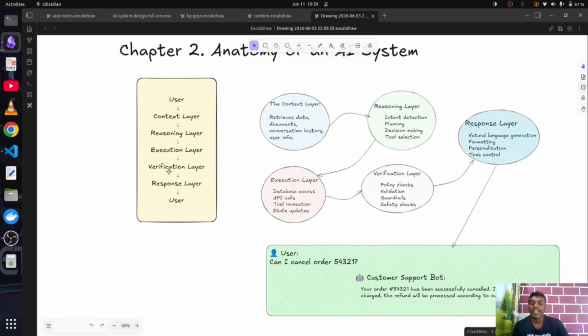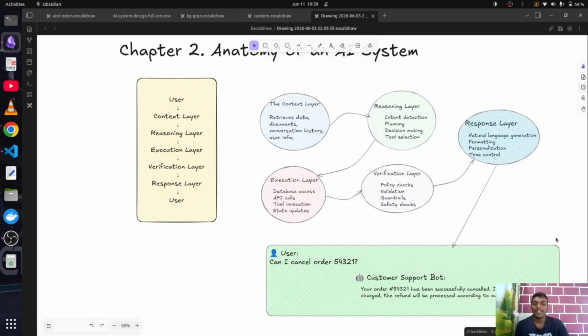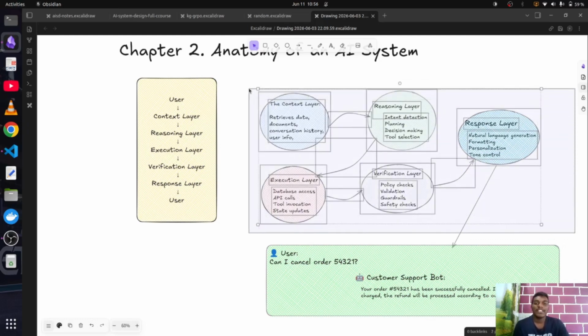Maybe you can even have verification and response layers merged together, but the core functionality remains the same. And it can also be a part of some subsystem of your whole system.